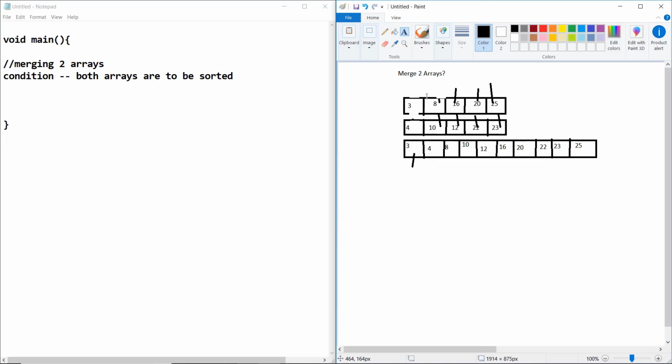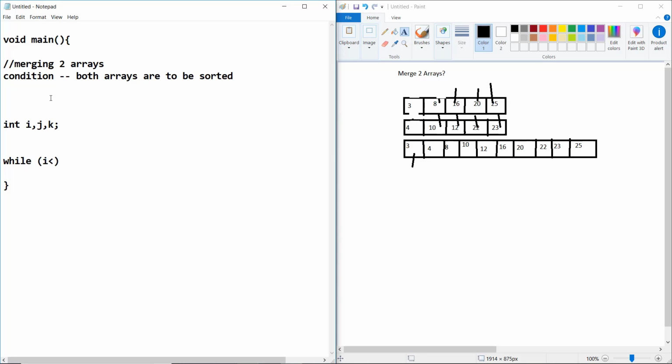So that is how the algorithm works, how to merge the arrays and how the comparison works. Now, what is the pseudo code for this? We need three pointers, i, j, k.